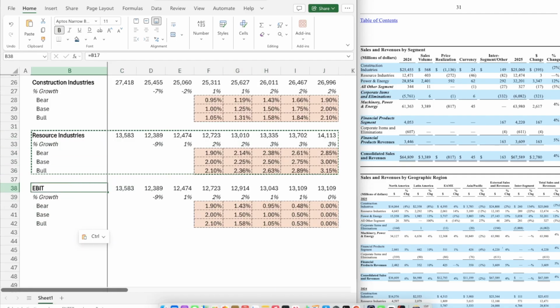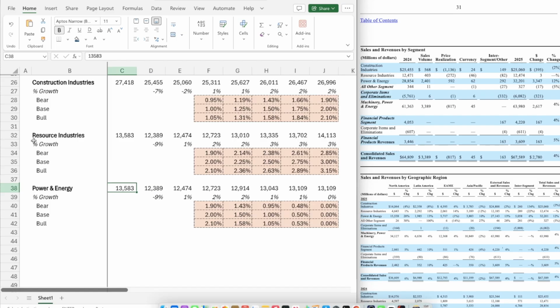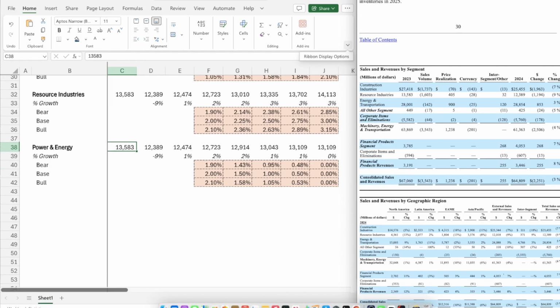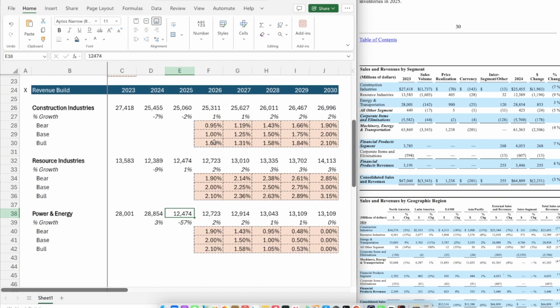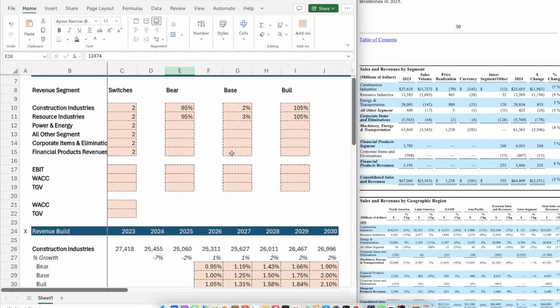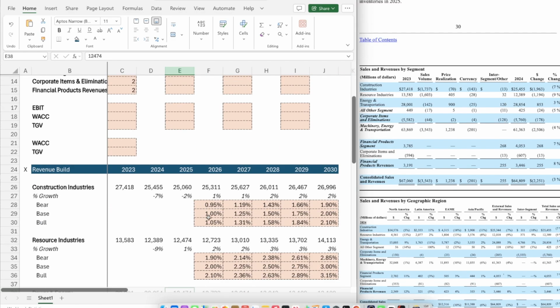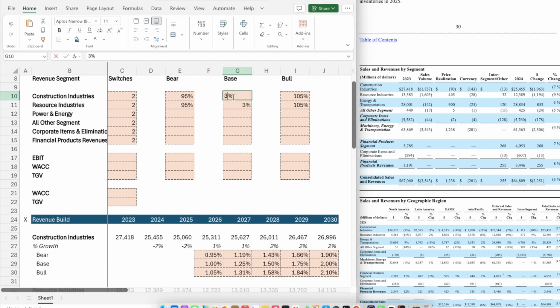Segment is energy, and this one is, I guess, going to be the real driver of the company because of the data center requirement. And this is probably where a lot of the future growth is. Actually, no, they do have a lot. They do have a huge backlog of orders, which is what they said in the most recent annual report. So put construction industries. Let's put this up to